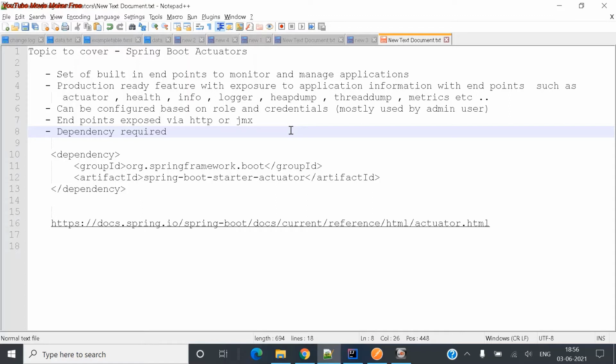It exposes health information, information about your application, and logger information. It can give you a heap dump, a thread dump, metrics, and a number of other endpoints. It can be configured with credentials and roles, because it is mostly used by the admin user only. These endpoints are not exposed to a normal user because they contain most of the sensitive information